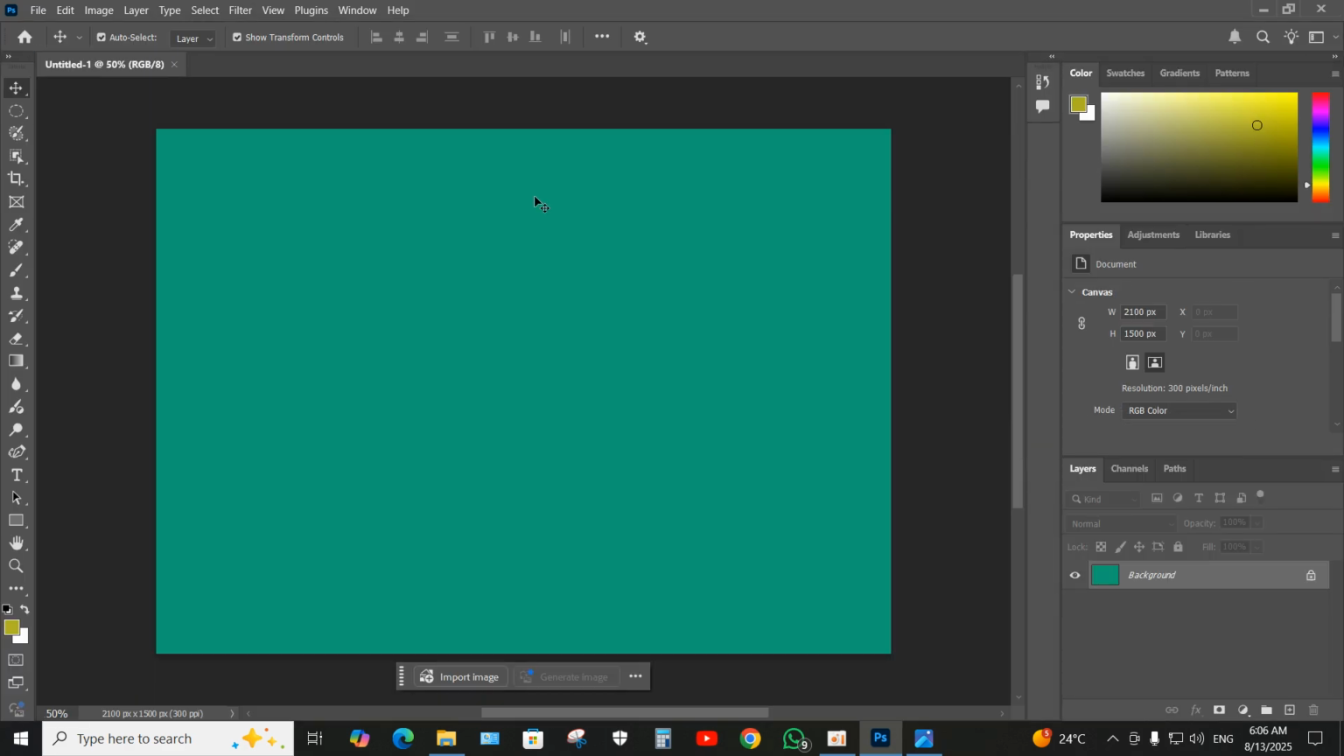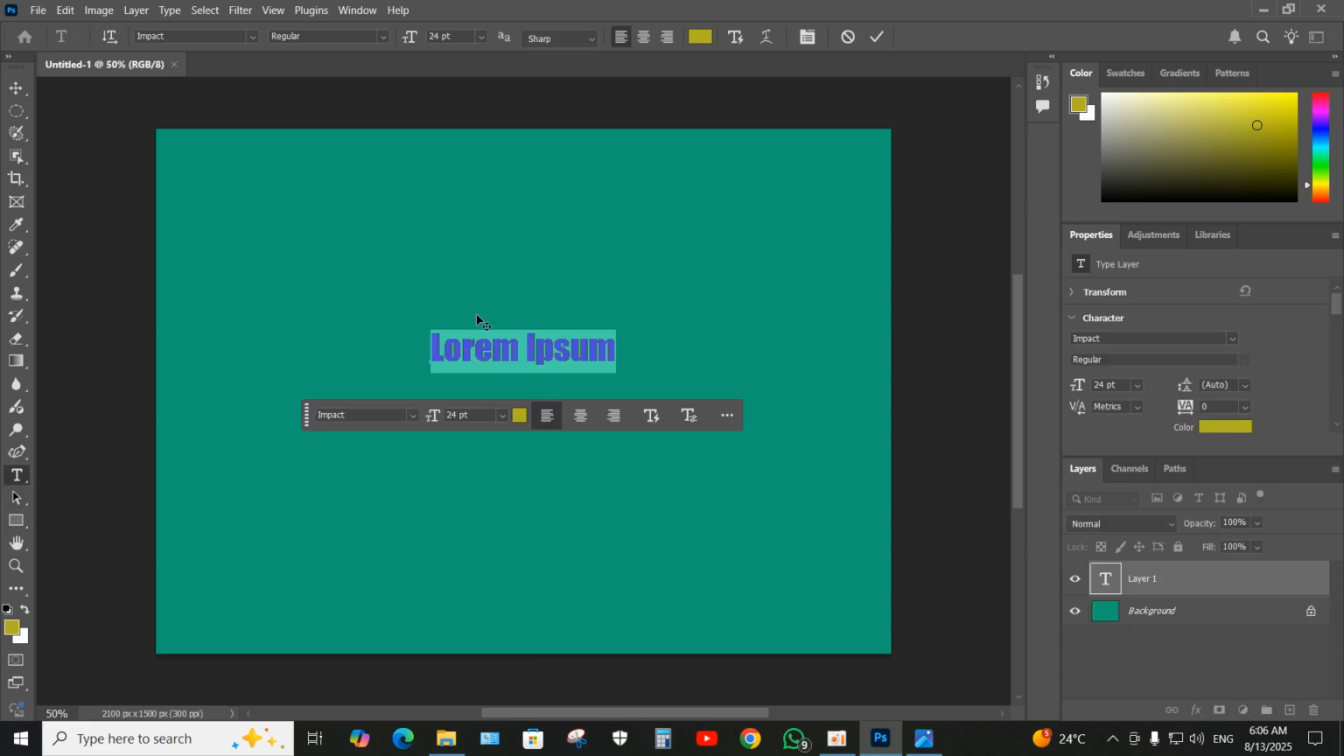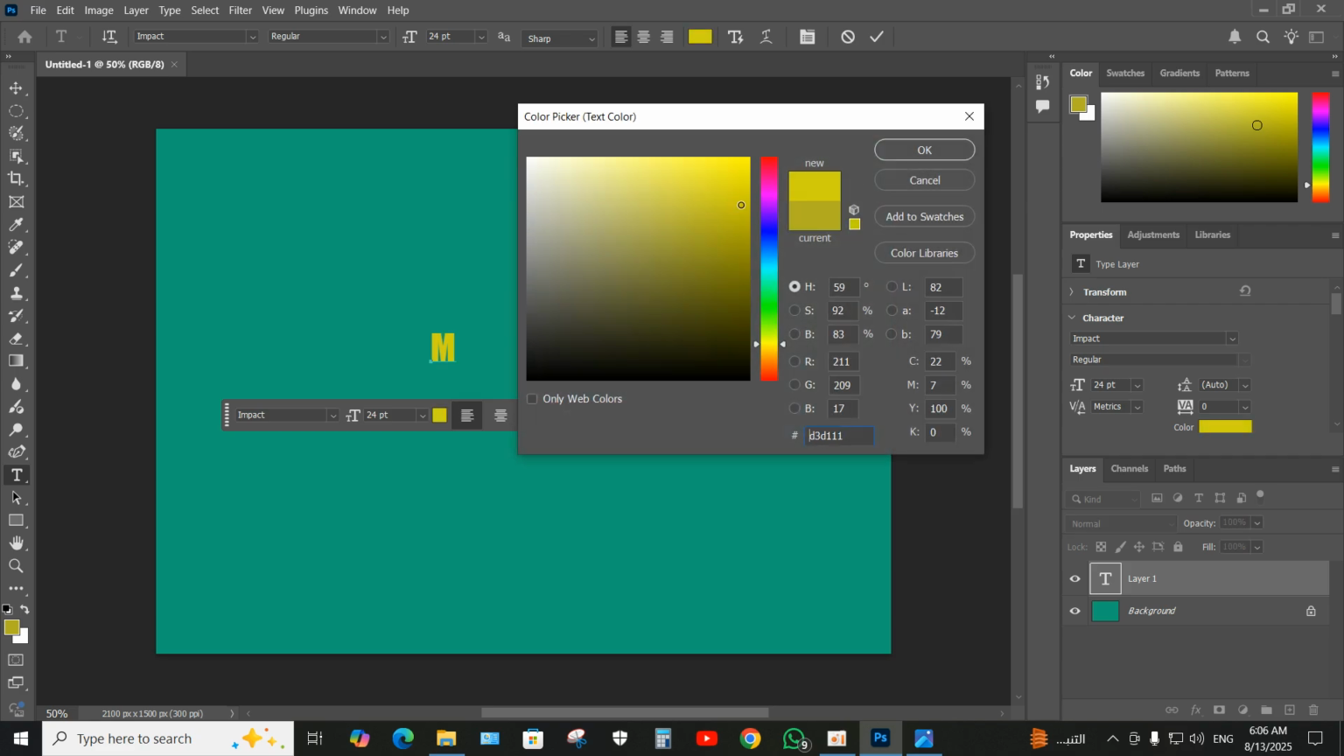Okay, now let's go to create and go to text, and click anywhere on this dashboard. Okay, and type any text. So now just double click the text to change the color to any color. You can see it over. Okay, and now click OK,